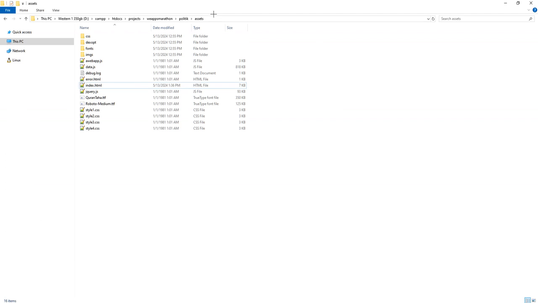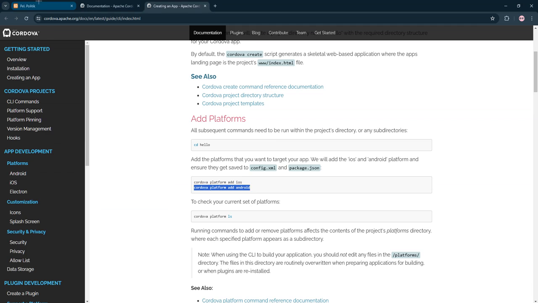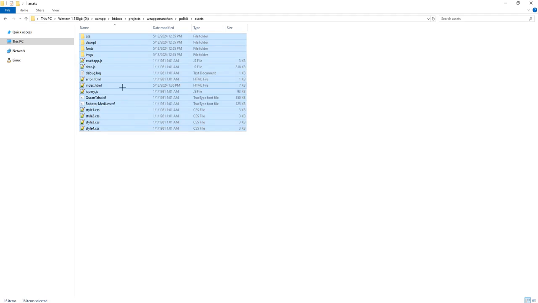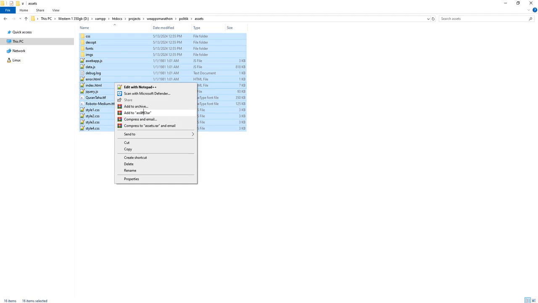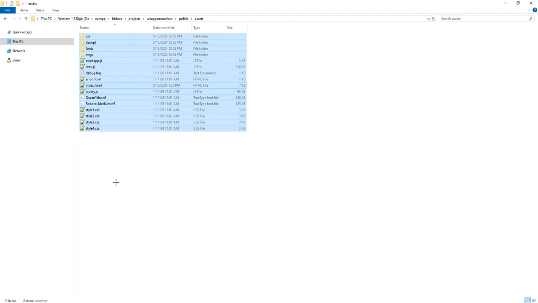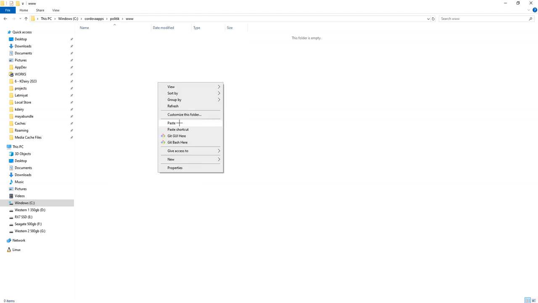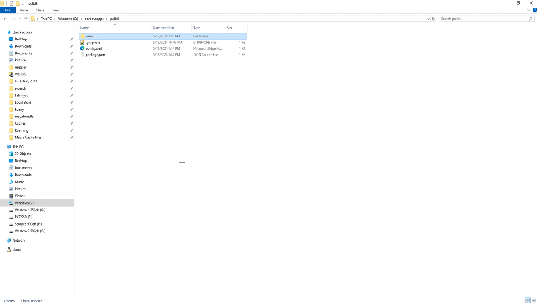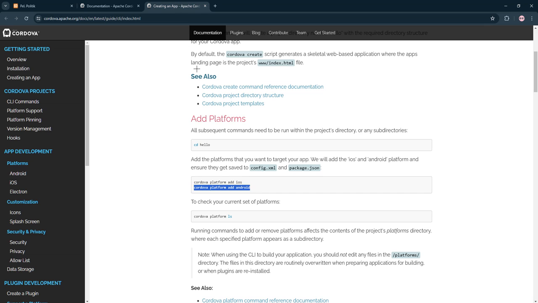And this one is the web files that I have, that I was showing to you here. It is the source, and I'm going to copy and paste it here. Just this simple.